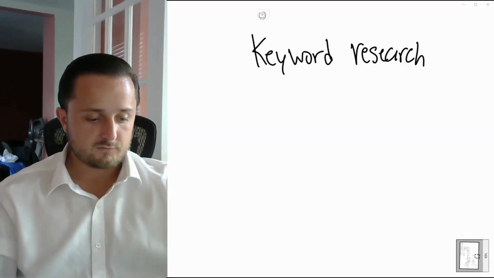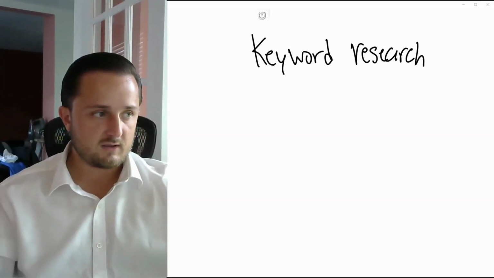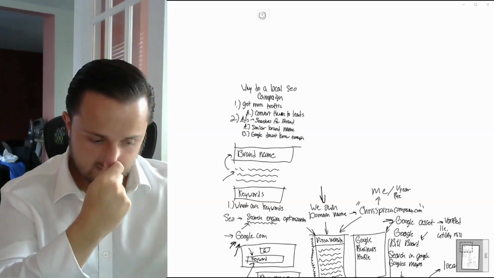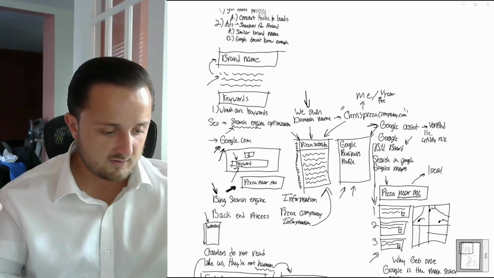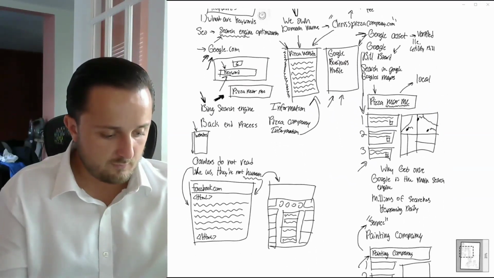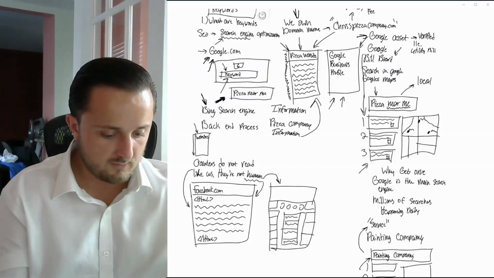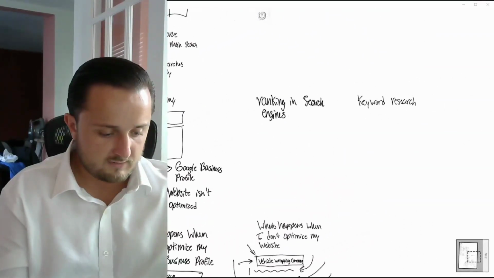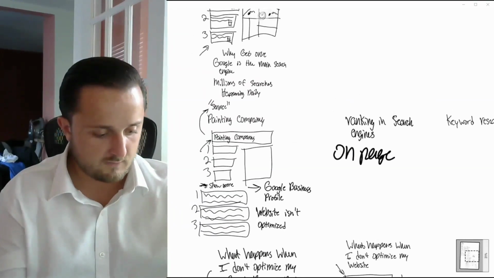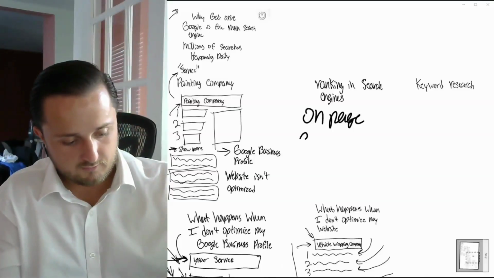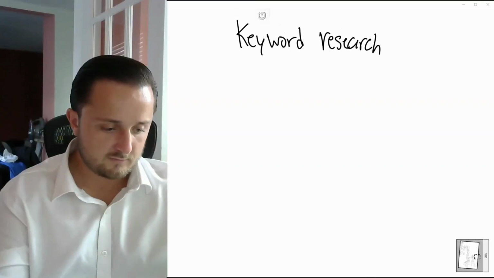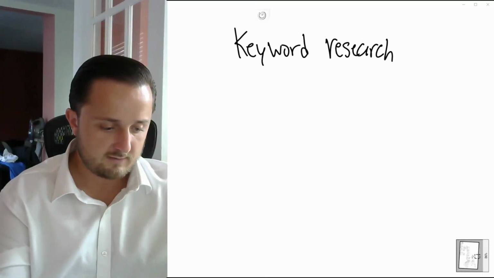Okay. So now we have an understanding of, let's go back and look at all this. Why do a local campaign is to convert them to traffic. It does ads as well. We talked about brand name. We talked about keywords. Yeah, so let's go a little bit more. So we talked about crawling. Let's do ranking in search engine, and then let's do on page as well. And then talk about crawlers again. Okay. So now we're going to talk about keyword research for a SEO campaign.